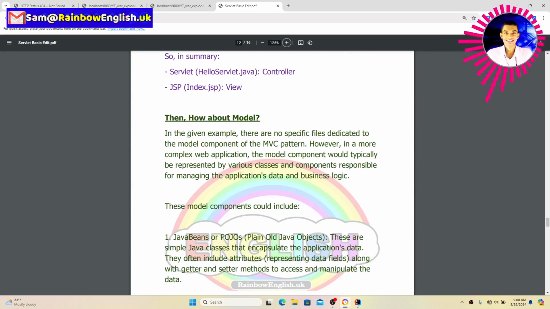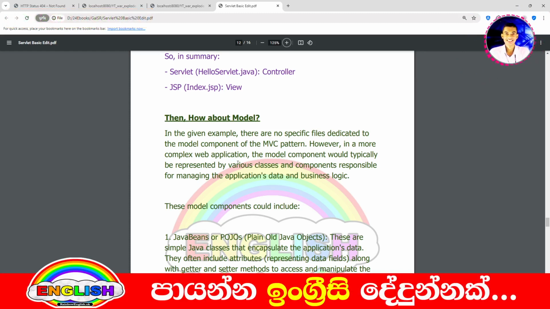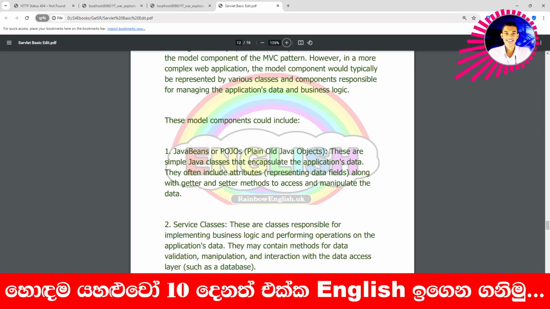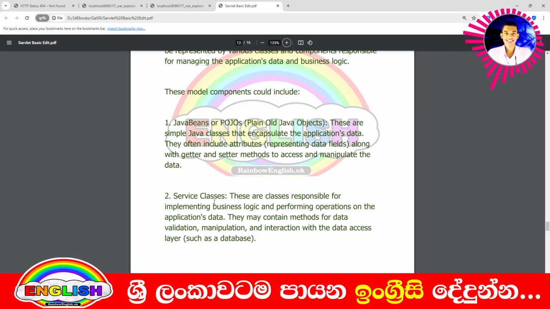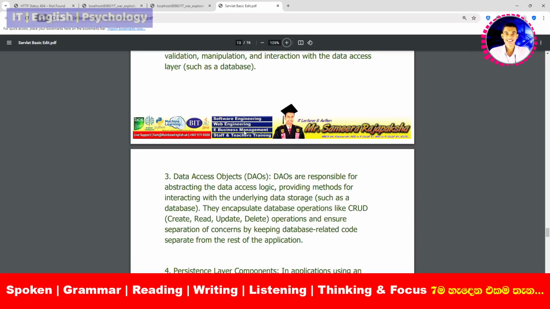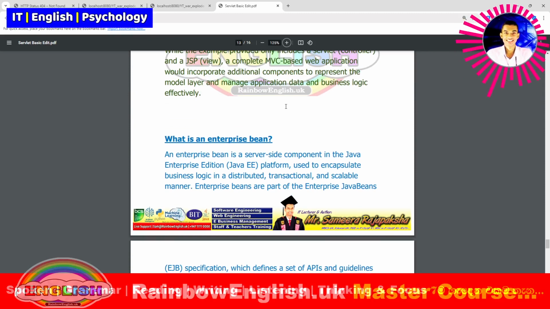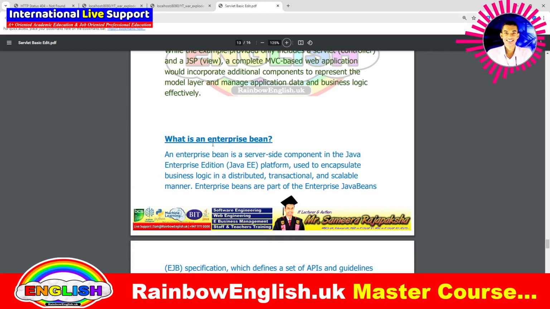Then here I have mentioned that in the given example, there is no specific file dedicated to the model component of the MVC pattern. However, in more complex web applications, the model components would typically be represented by various classes and components responsible for managing the application's data and business logic. These model components include Java beans, service classes, data access objects, persistence layer components, and then here I have what is an enterprise bean,